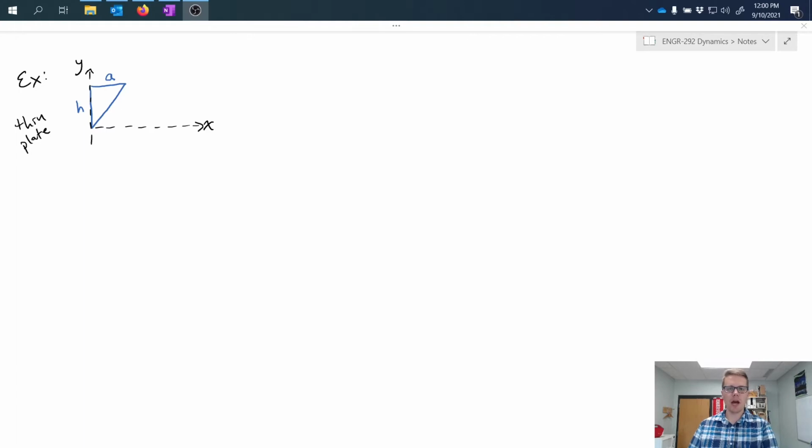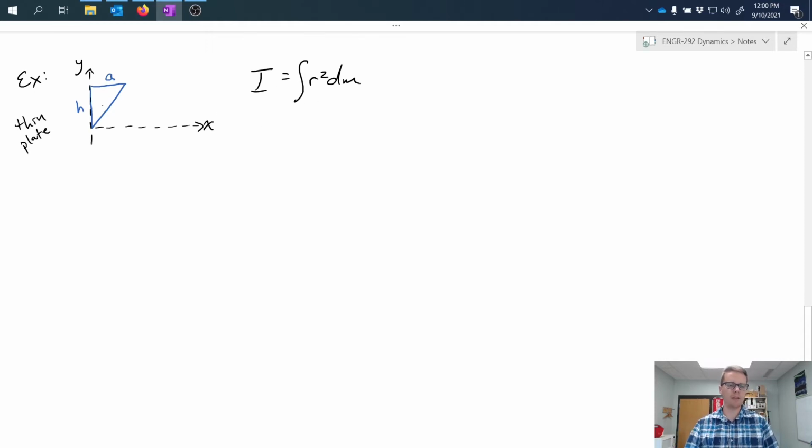In this video, I want to revisit something that I expressed in my mass moment of inertia video using an example problem. In that video, I said that a general formulation for the mass moment of inertia is of the form I equals the integral r squared dm. So to look at how we make use of this equation, I want to look at this